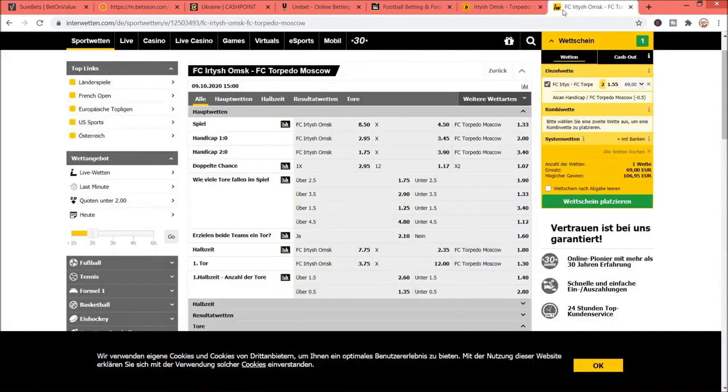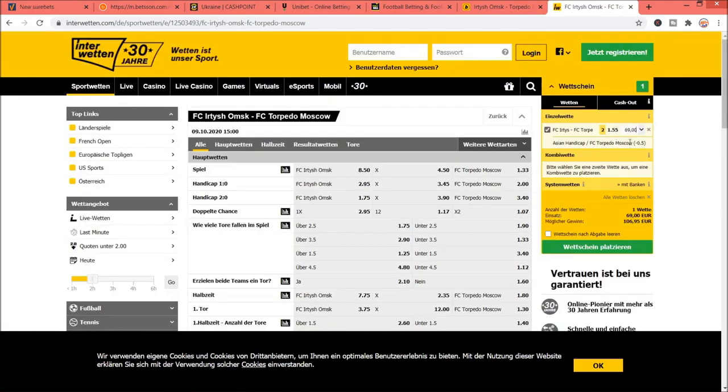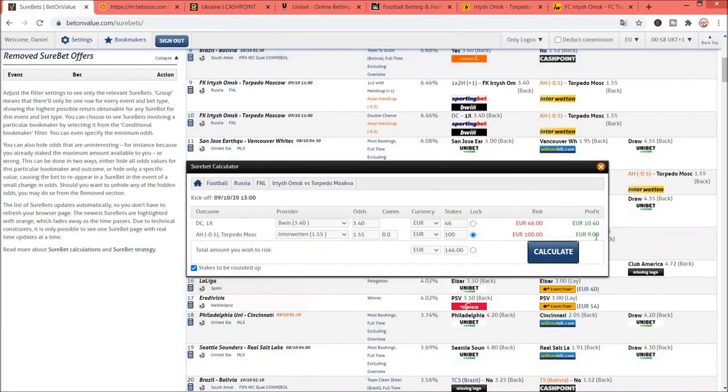And over there, when we go here, for example, on Interwetten, you see here that the Asian handicap here has the odd of 1.55. So if we place here now, for example, 100, you see that our payout is 155. Okay, and our profit in this case is 9 euros. And you see 146 we invested, 155 we get back. So we have here a profit of 9 euros. And this is really fantastic that you can make sure bets in such a fast and easy way